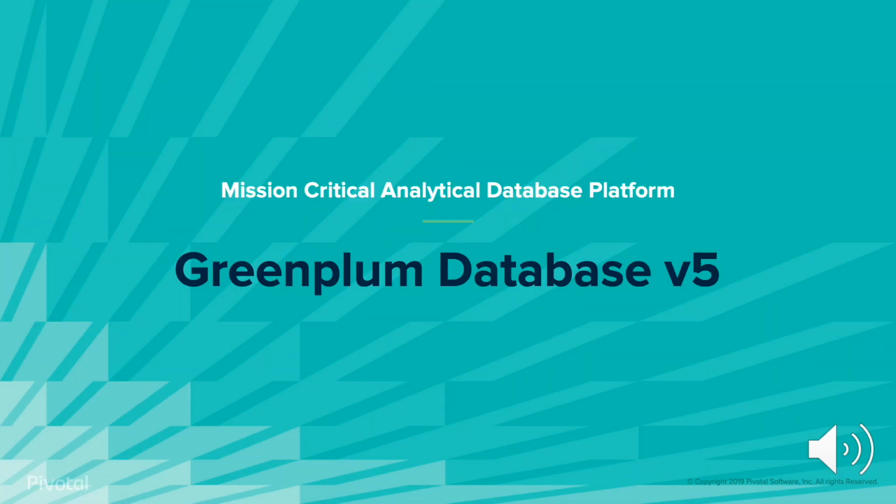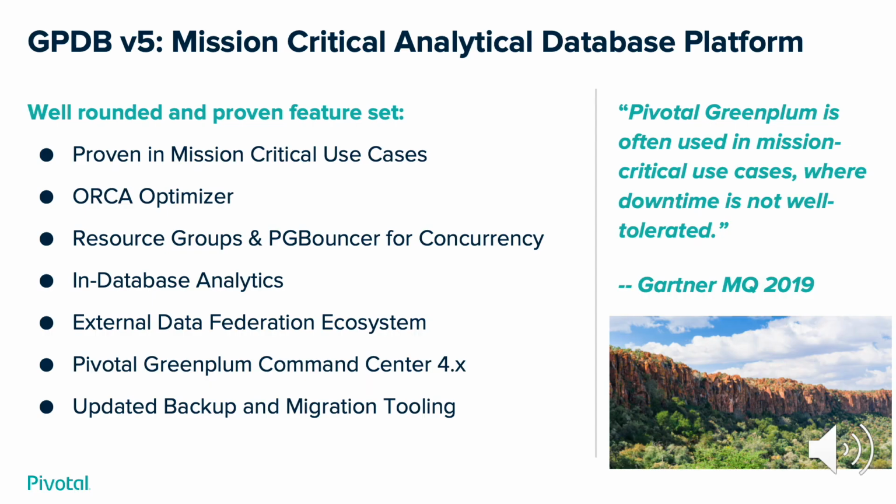Starting with Greenplum Database version 5 in 2017, Greenplum Database is a mission-critical analytical database platform. As quoted by Gartner in the Magic Quadrant of 2019, Pivotal Greenplum is often used in mission-critical use cases where downtime is not well tolerated. Greenplum version 5 is a well-rounded product with a proven feature set. It's used in mission-critical use cases around the world: government, financial,